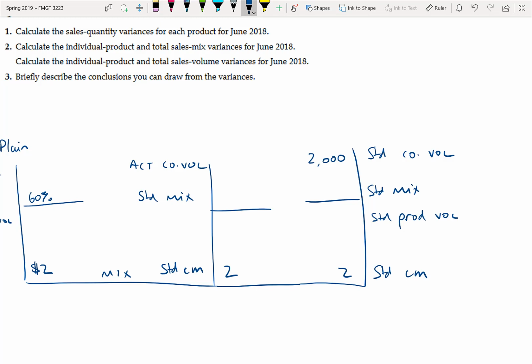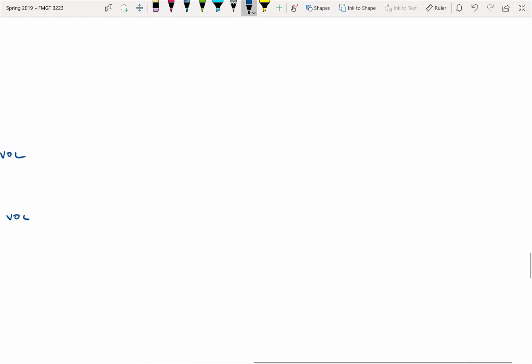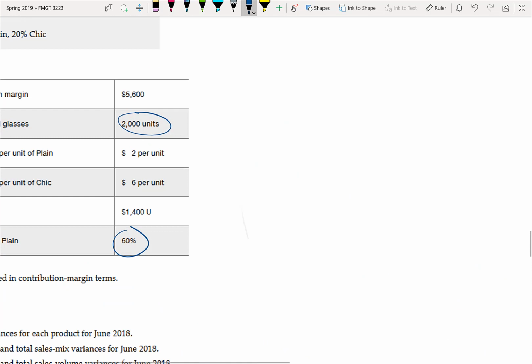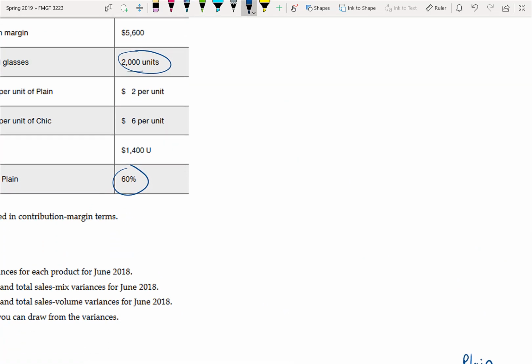Okay, well, why we need that is so we can solve a system of equations here to, hopefully, tell us some information about what we should have earned and the number of units we would have expected to sell. Setting this up, what we have here is the amount of contribution we earned on Plane, and if we know that Plane sells for $2, well, the number of units of Plane that we sell, let's let that equal X. If we add that to the number of units of Chic that we sell, and given that these are the only two products that we sell, Chic sells for $6 in terms of its contribution margin, and we were told that the total number of products we expect to sell is 2,000, right, that's this number here,